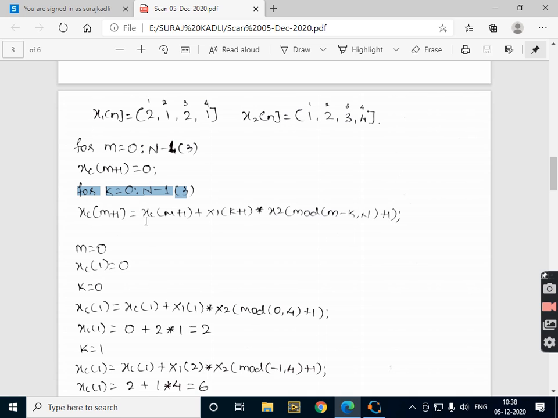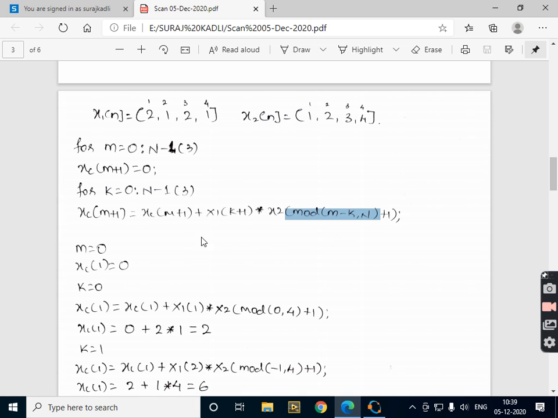Xc of m plus 1 equals xc of m plus 1. So whatever result we calculated in this iteration will be stored back in xc itself, and it will be used as the initial value for the next iteration, plus x1 of k plus 1. Again, the index value 0 will not be identified, so it has to be added with 1, multiplied by x2 of mod m minus k comma n plus 1. Now how this mod function works in Octave we have seen with examples in the previous labs,